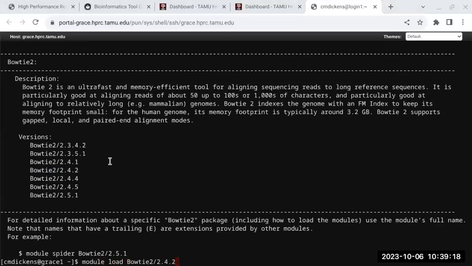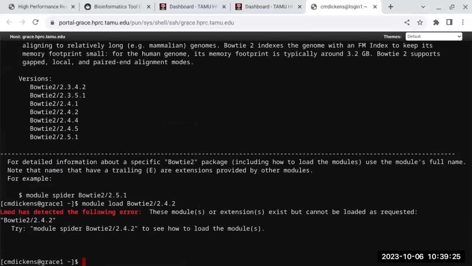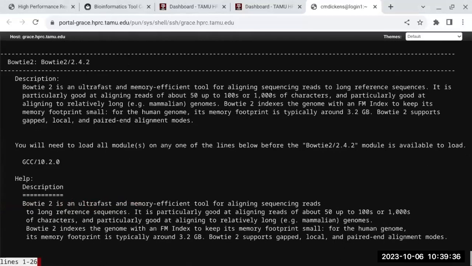Okay, so module spider, I can't load it yet. I'm going to show you what happens if you do module load. It's going to say you can't load it yet. It says run module spider before doing module load, and it will show you how to load it. So once I do module spider, now it says,